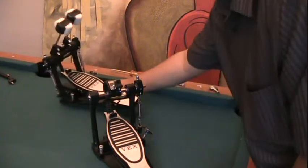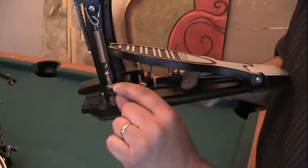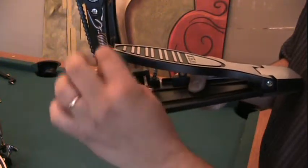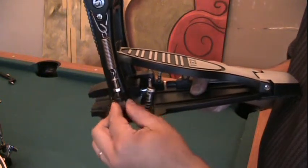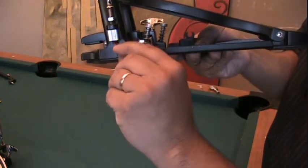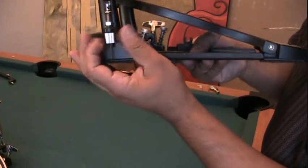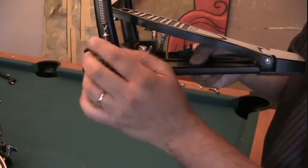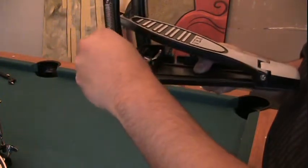And the way you do that, I'll use this one here. You'll see this nut here that goes up and down. You want to loosen that. If you want to make it longer so that there's more tension, you just want to start moving this adjuster right here, and you'll notice the rod in the middle, I don't know if you can see that, it'll start to go down and down, making the spring longer and longer. You want to have some give there. You can guess where you can put it at a certain position, and then here's where you want to tighten it